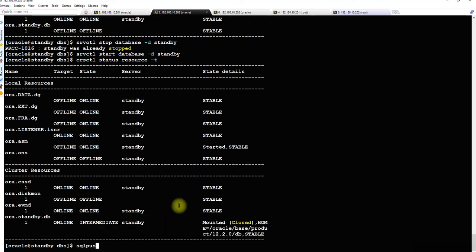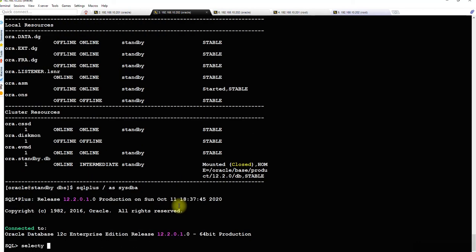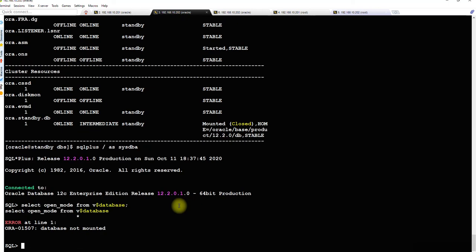Let's connect to the database using SQL Plus. Select open_mode from v$database. Okay, so shutdown immediate.